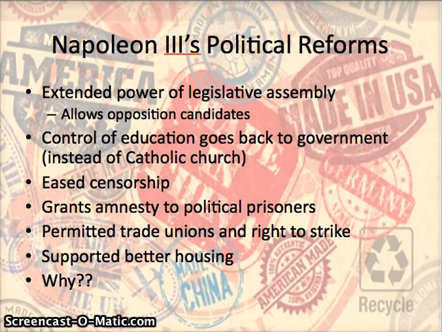One of the major things that he does is extend the power of the legislative assembly. Remember, at first, Napoleon just dismissed the legislative assembly when he became emperor. Now we're going to see that it's back, and he's going to give it a little bit more power. The most important thing is that even opposition candidates are going to have more of a voice. Instead of the sponsorship of official candidates in elections, ensuring that the only people who get a seat in the legislature are people who will go along with Napoleon anyway, people who actually can oppose Napoleon's policies, his reforms, can be